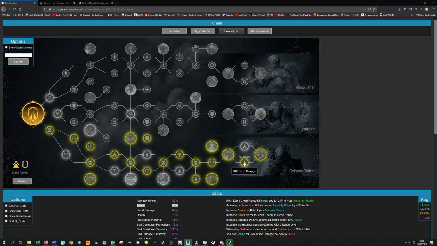Further on down, we've got more bleed damage, which again will come in nicely with the heal on your bleed damage, and finally 50% bonus to skill damage on your Impale. So here what you can see is that you've got a great little synergy of skills. You've got 2 protection skills, which when you pop one will make your Impale much